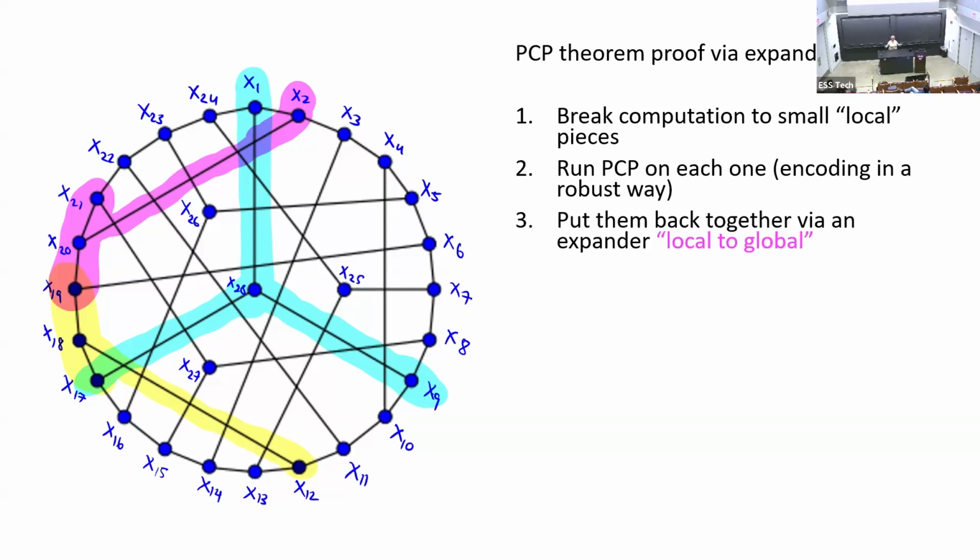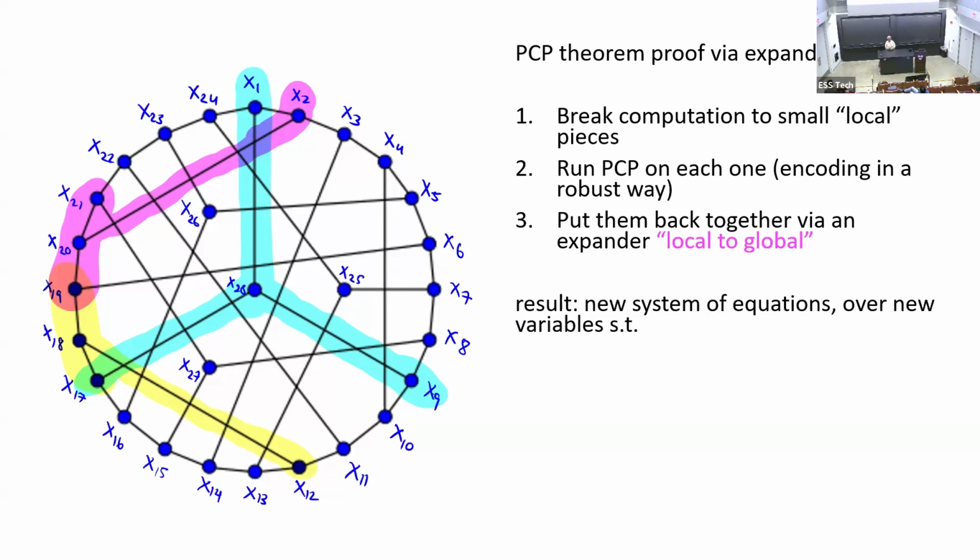And now all I have to do is to put them back together, make sure that the assignments to the different pieces match together. And of course, if there was some problem and this whole system was not satisfiable, there's no way for you to do that. And the point of the expander, and I can't explain the details here, is that the problems will grow. Somehow, because you're all in an expander, if there was some problem, it will propagate further out. Okay, so I'm also cheating a lot. You need to repeat this